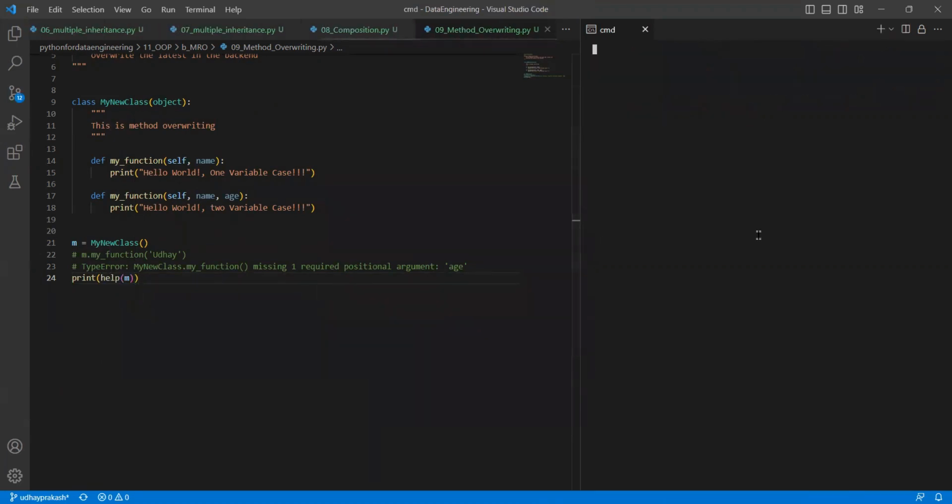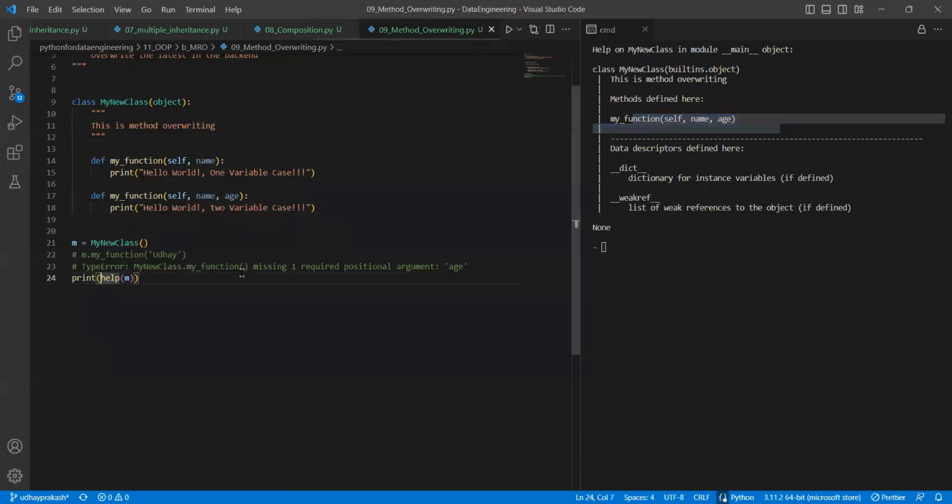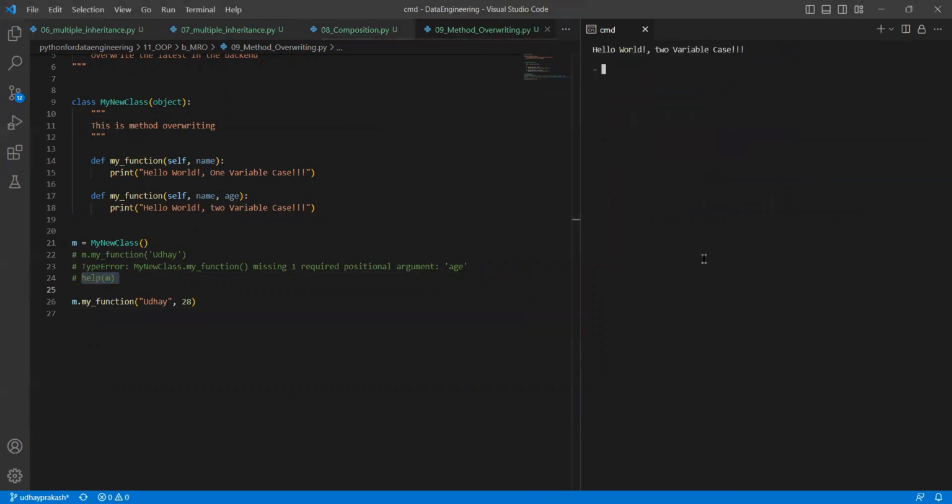help is a built-in function, right? You can ask, and did you see that it is showing a function with one argument or two arguments? Yes, it showed two arguments, right? It means the latest one was overwritten. So if you pass two arguments, it will execute pretty well. If you comment this also, it will work perfectly, and it will execute with two arguments. It works perfectly. Now, in the same fashion, if I do the things vice versa, on the other side,